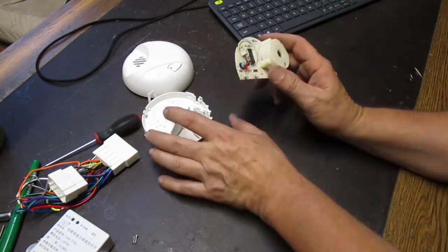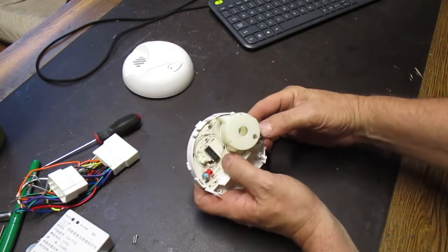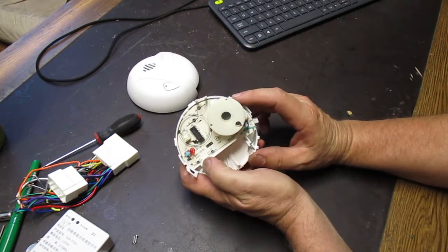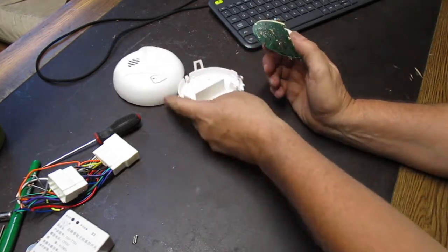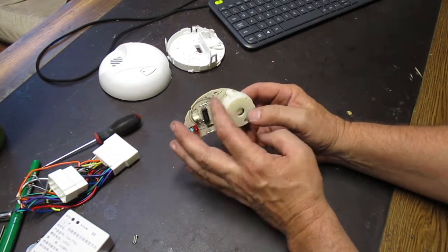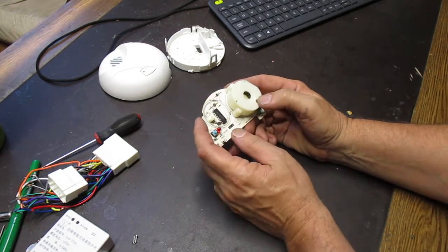But the circuit board comes right out of it. It just snaps in there, and you just take the top off. The top just snaps off too, and then the circuit board is just held in with these little clips, and you use a screwdriver and it comes right out. And then I've already removed the actual smoke detector, which is this big black thing that has a couple pieces of metal, and it uses